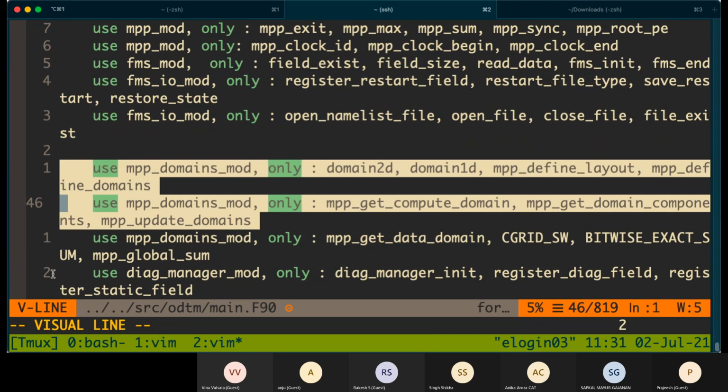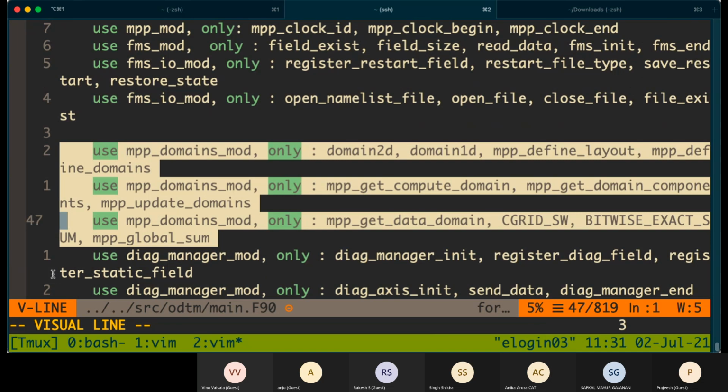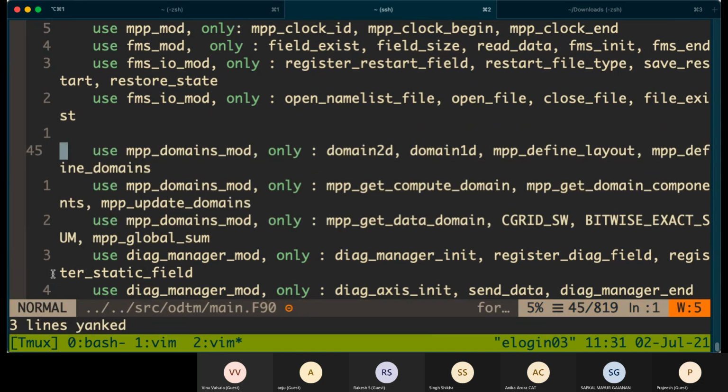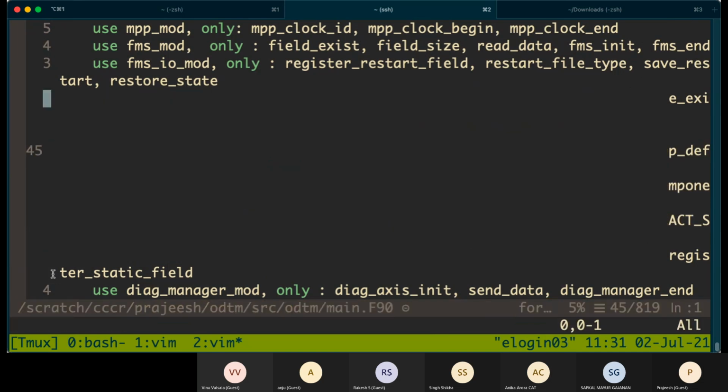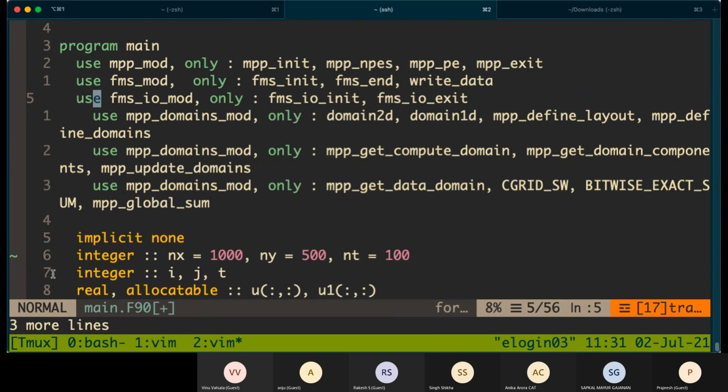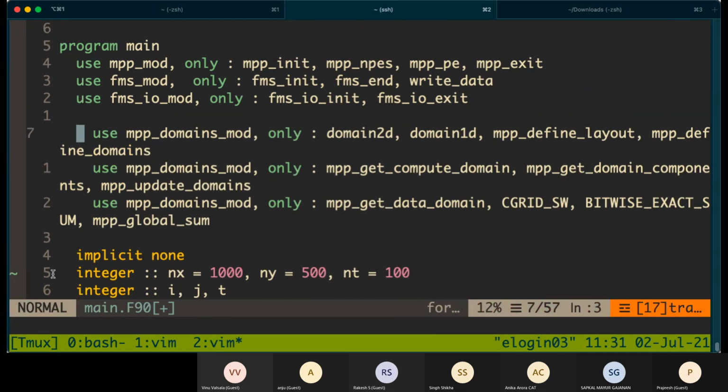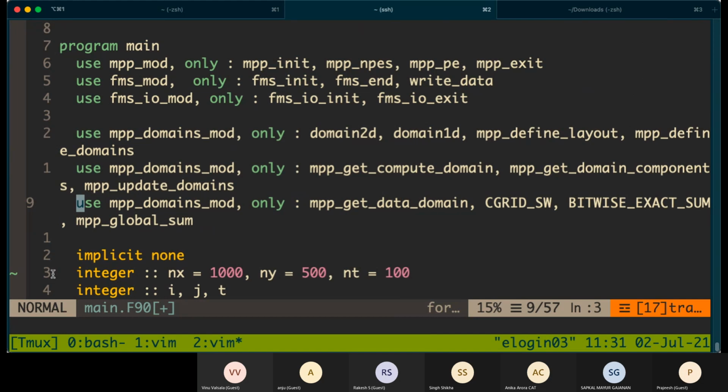Okay, so I'm going to copy all this, and I'll use only whatever is needed.